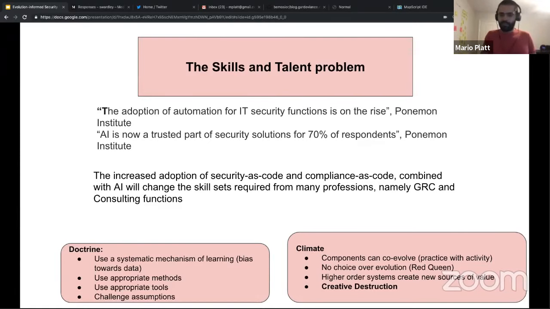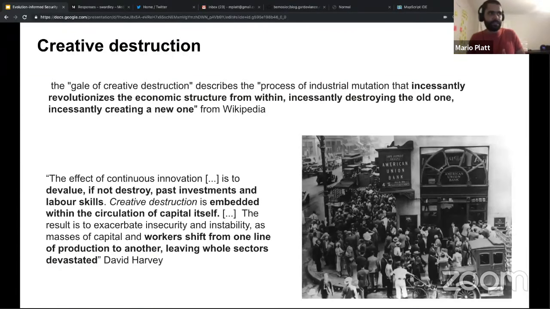And that's also going to be a big thing into the 2020s. So creative destruction, this is also something that applies everywhere. The effect of continuous innovation is to devalue, if not destroy, past investments and labor skills, right? And what I find interesting is the way this is written is this is embedded within the circulation of capital